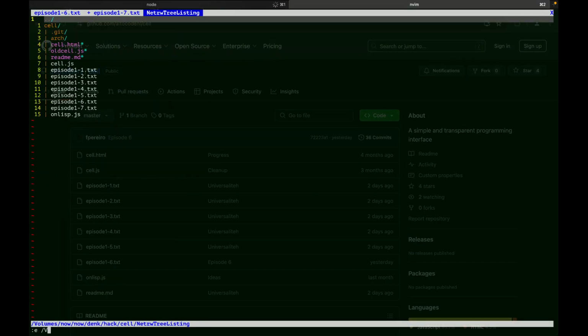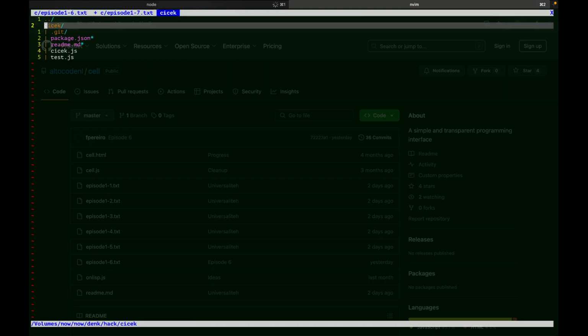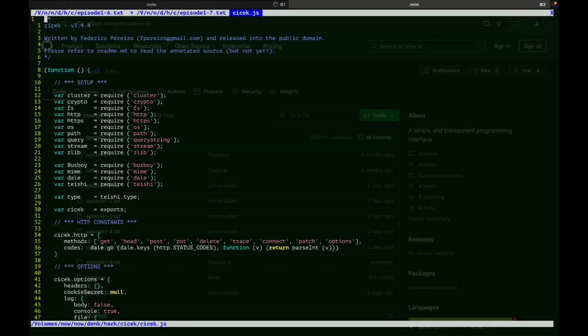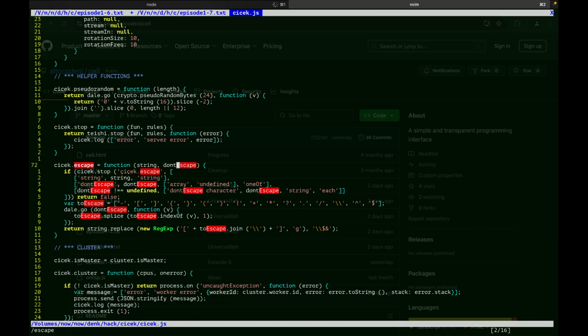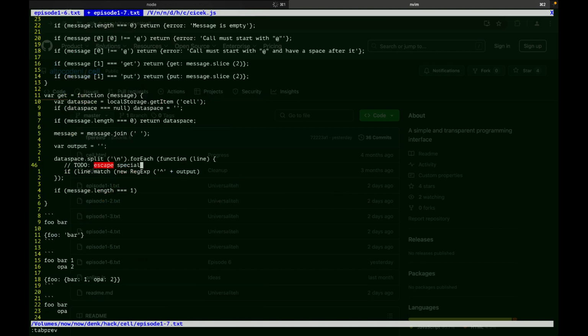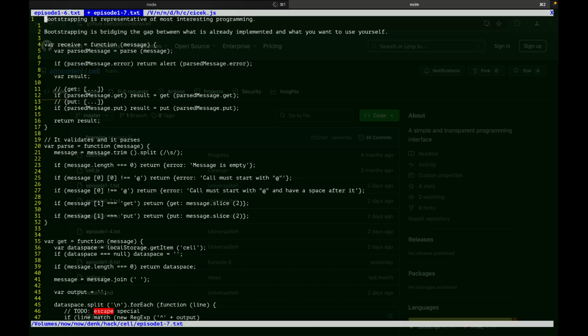So I have a library called CheatCheck. It's a web server raw alternative to Express.js, and I have an escape function here that we can actually simplify. We can just put it at the top here.